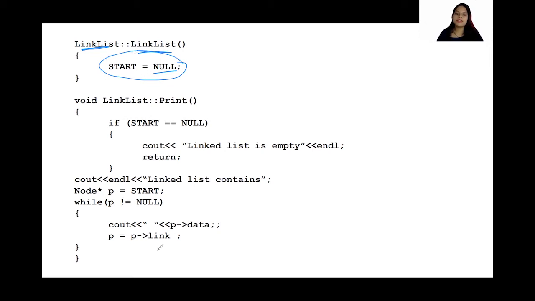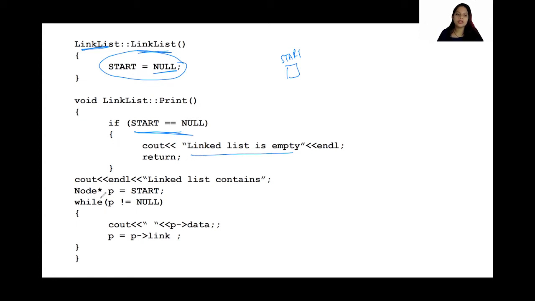Now next is printing. This function we have already seen in the previous section. Let me explain once again. In printing, initially we are going to check if the start is null. If my start is null, this is an empty linked list. In that case, I'm going to directly say the linked list is empty. Initially it is going to be empty, isn't it? Next, if it is not empty, then what am I going to do?